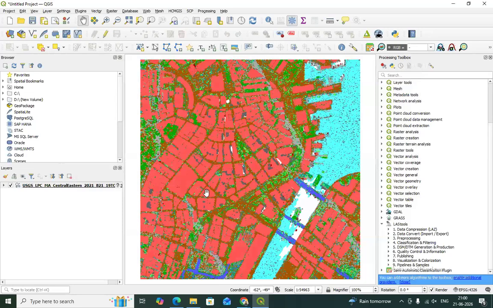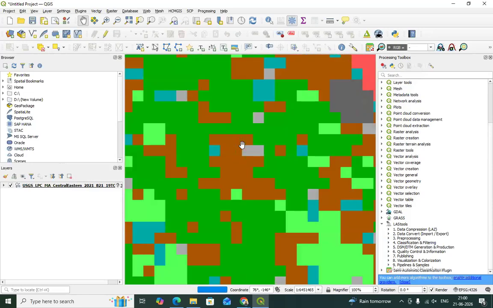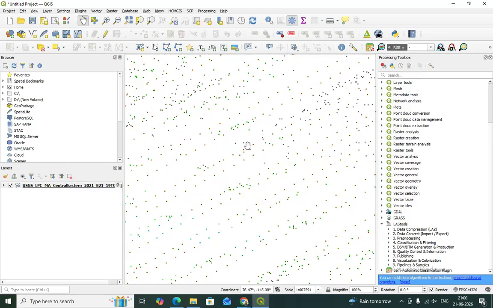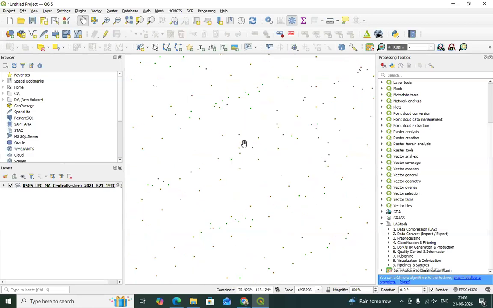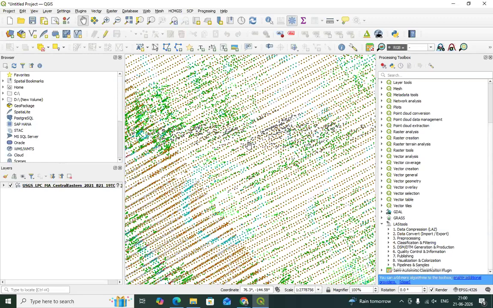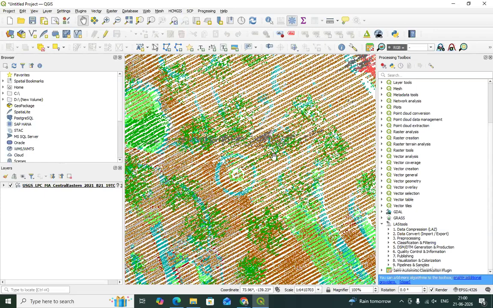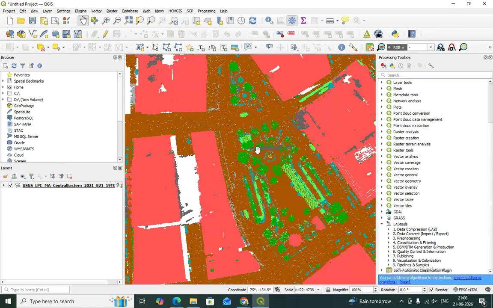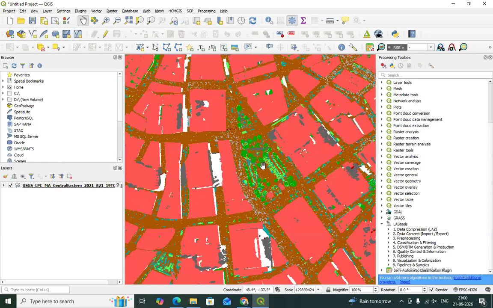So this is your point cloud data. Now you might be wondering that this does not appear to us as a point cloud. It seems like a continuous raster, but no, it is a point cloud. If you zoom in enough, if you continue to zoom, you will see that it is nothing but a collection of discrete points. Can you see how many points are there? And they are aligned as per the flight line. These are the points, and they are also color coded based on the classification code.